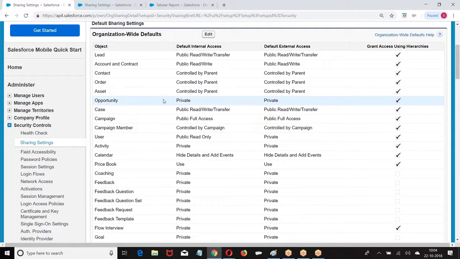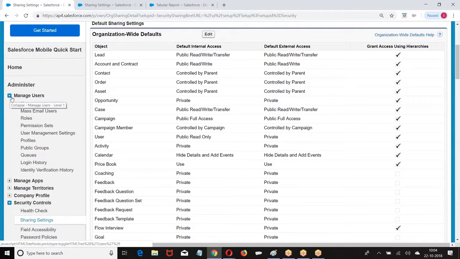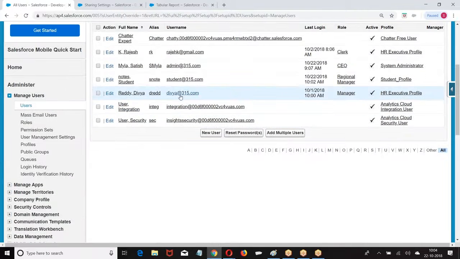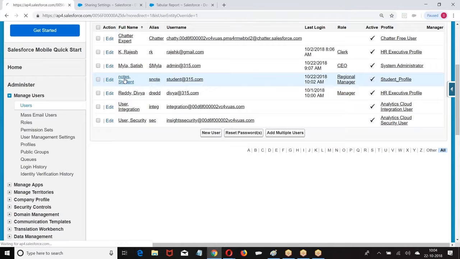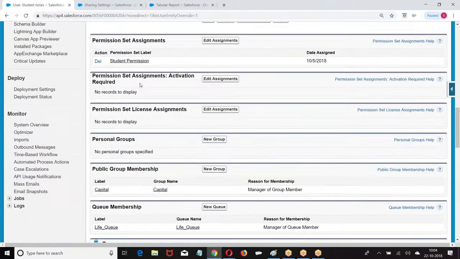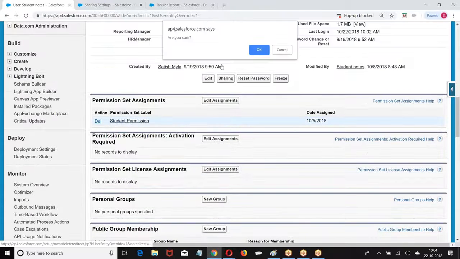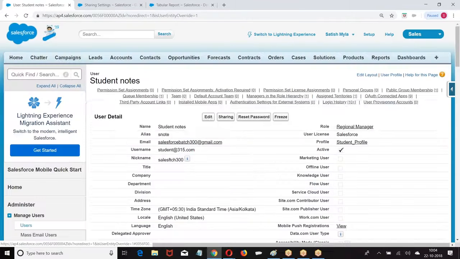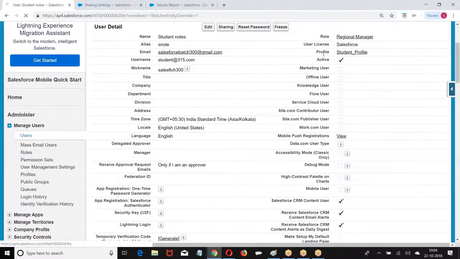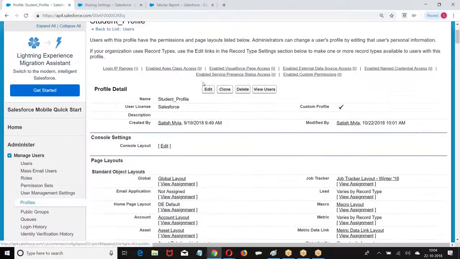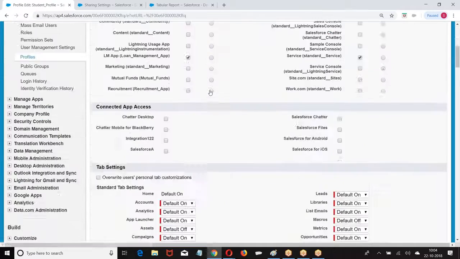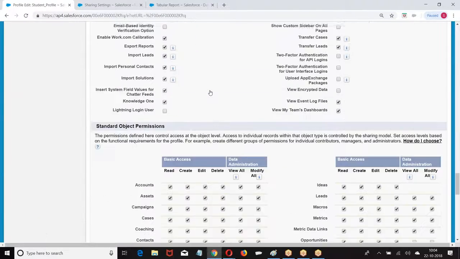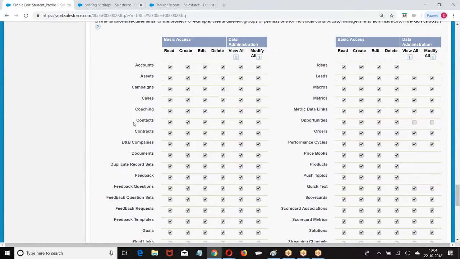What is the opportunity? Still private. Okay. Then go to user, student. Any permission sets given? Remove the permission set. Then go to the student profile. As per the student, let us see what permission he has on opportunity.